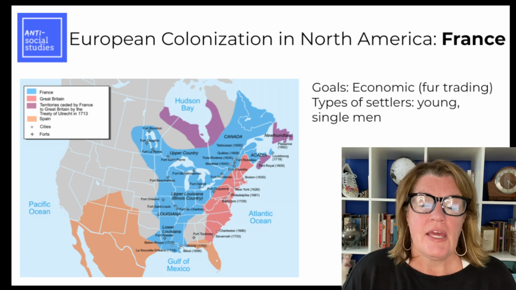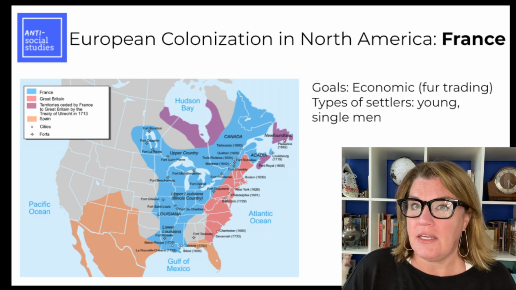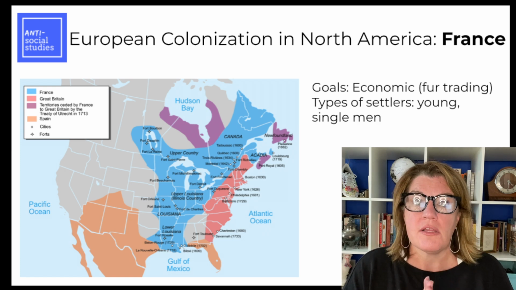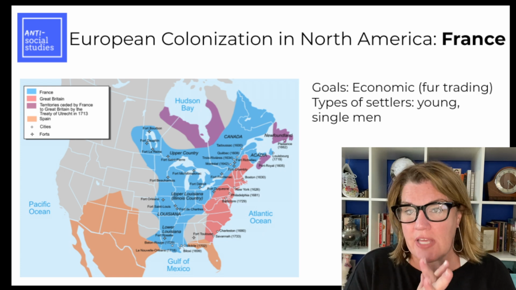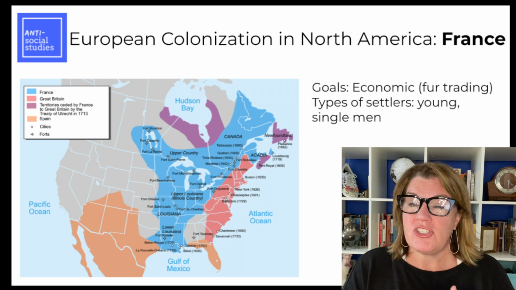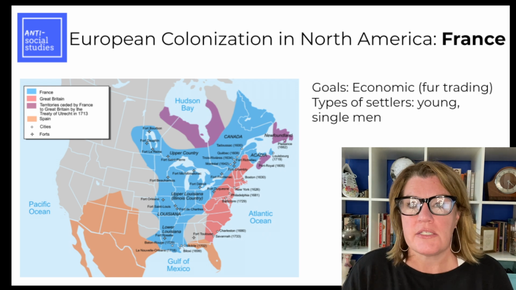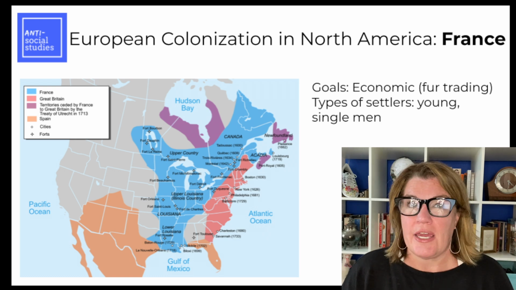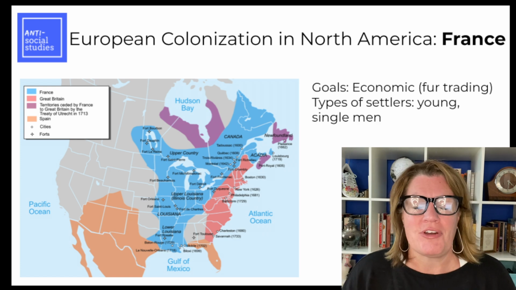the French settlement. The French who settled in North America tended to be young single men, and they traded with the Indians. They worked with the Indians. There were a lot of intermarriage relationships between Indian tribes and the French settlers who were coming. The French did not settle in large sort of family packs. They tended to be those young single guys, and they were there to make money. They were in North America to make money, to trade. A lot of fur trading, it was a way for them to enrich their own coffers back over in France.